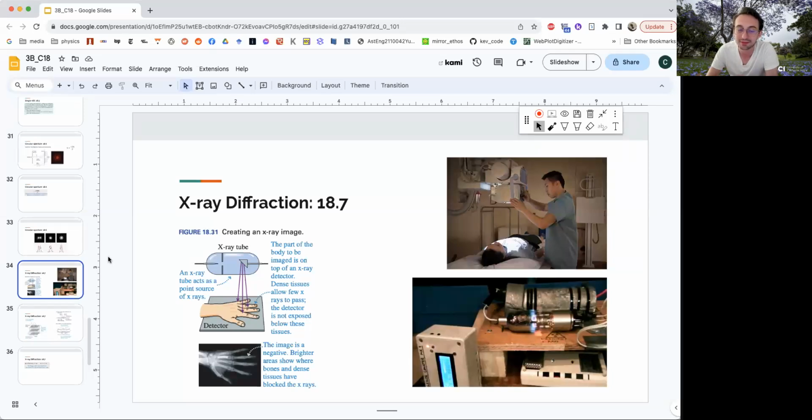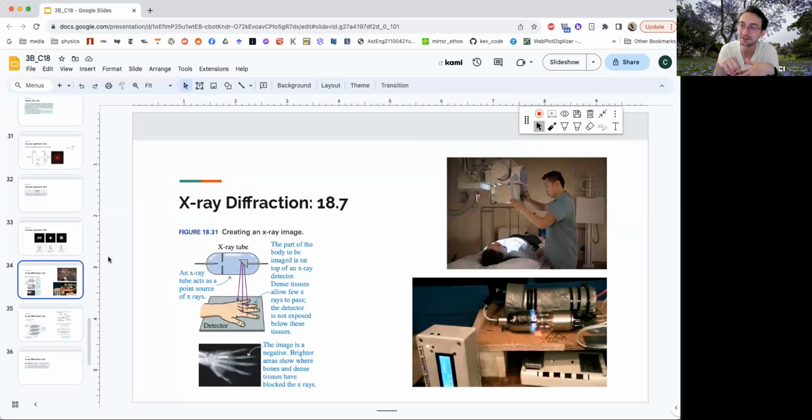So X-rays, the normal pictures we take, actually don't really use the wave properties of X-rays. They're really thinking of X-rays as just a ray. So we'll talk more about rays in chapter 19, but basically they're just imagining that the X-rays go straight. There's no funny business. So if you put your hand in front of a piece of film and you shine X-rays on your hand, the X-rays will pass through